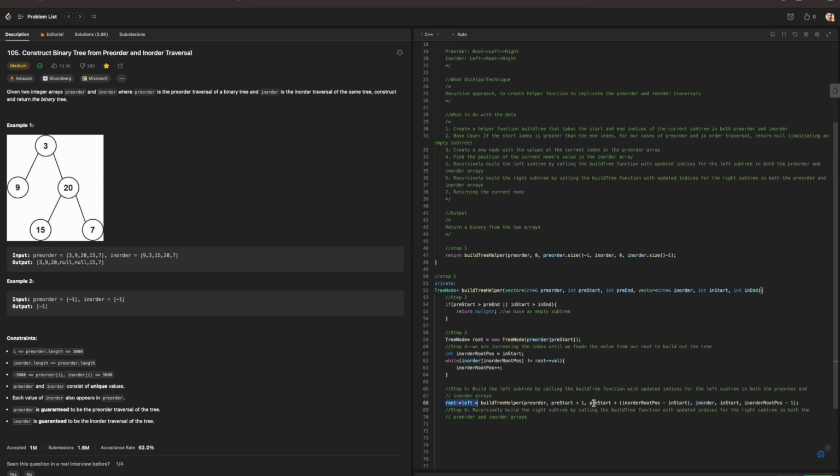So that means we can do the same thing, except we're going to be doing the right. And the parameters will be different. So we're going to have this part